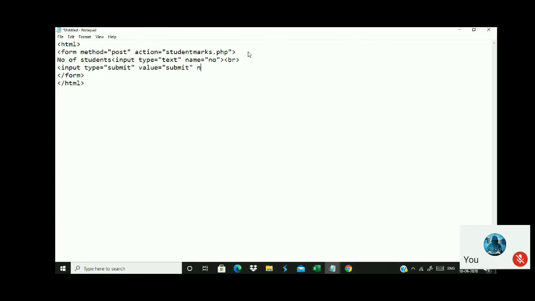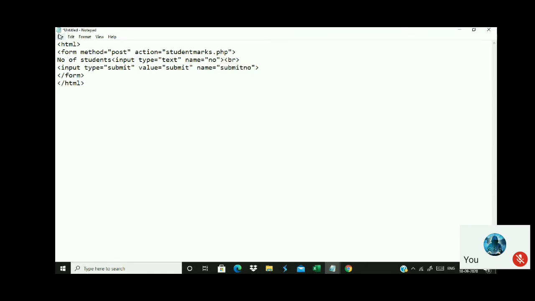So I will give a name to the submit button. Any name you can give, this is all up to the user. My submit button name is submit number.